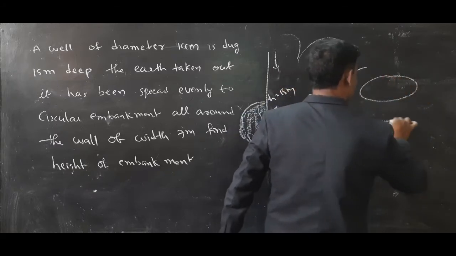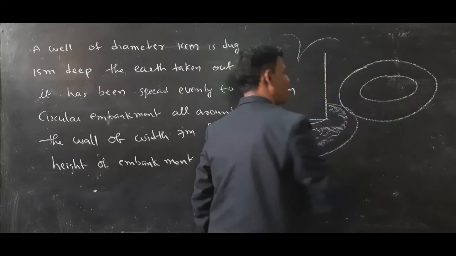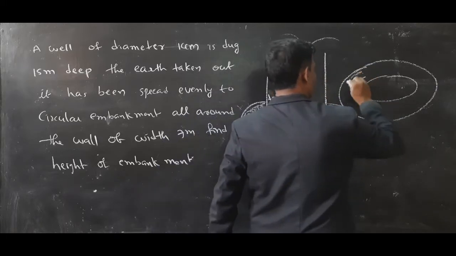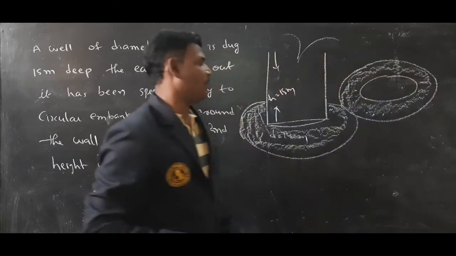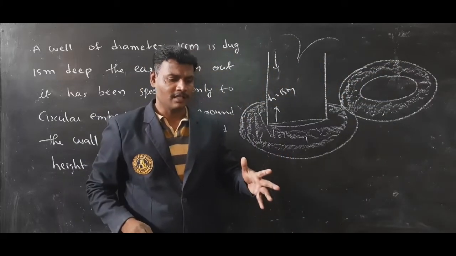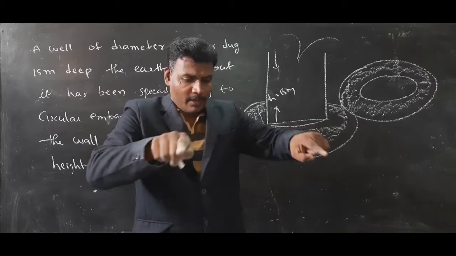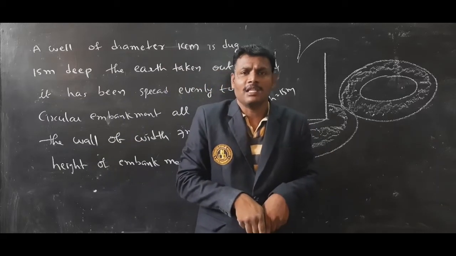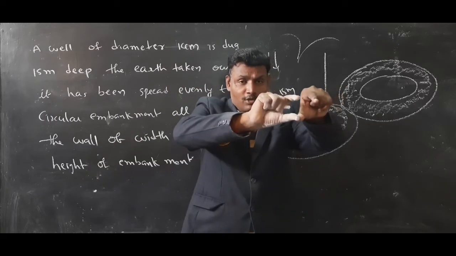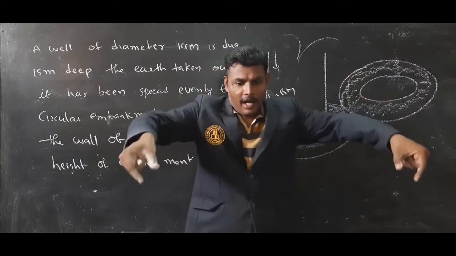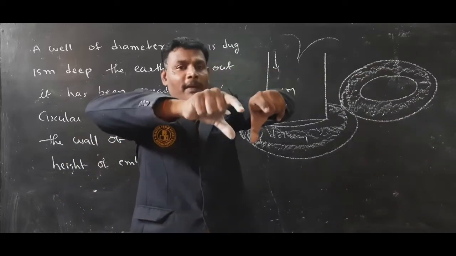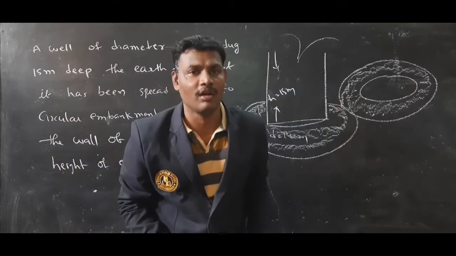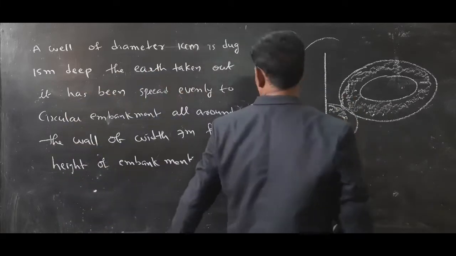The place between two circles is called an embankment. One better example of an embankment is a cricket ground. In the middle of the ground, players play. Around the ground, the place for the audience is nothing but the embankment. So the place between two circles is called an embankment. So here, next.